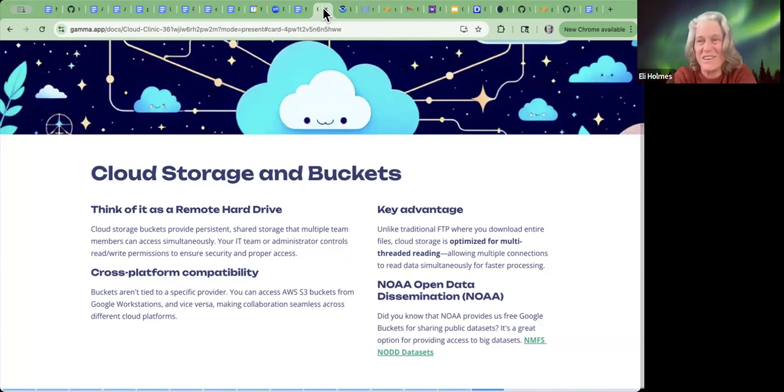Somewhere off in the cloud, a computer is spun up for us to play around with some data and code. In this demo, we're going to work with some data in a Google bucket, two data sets. One is a very large data set of stream vectors. It's a data set that I put into the NOAA Open Data Dissemination.